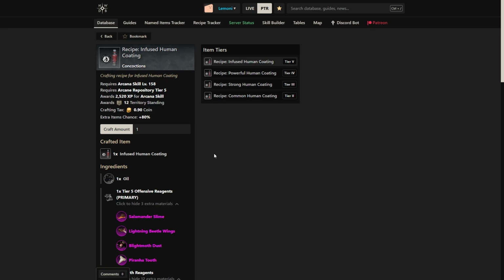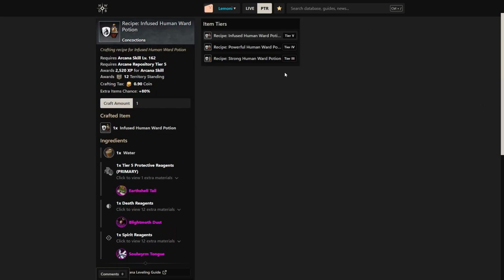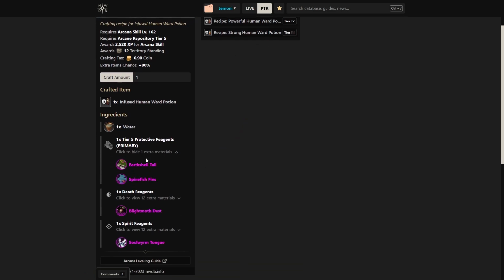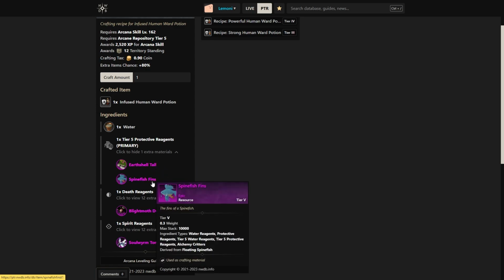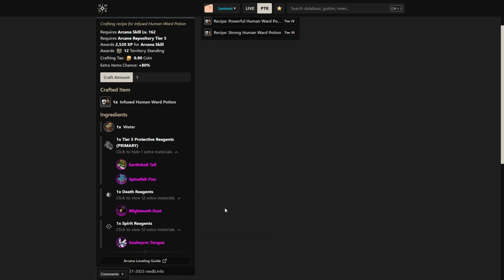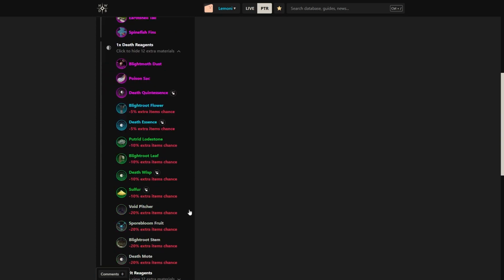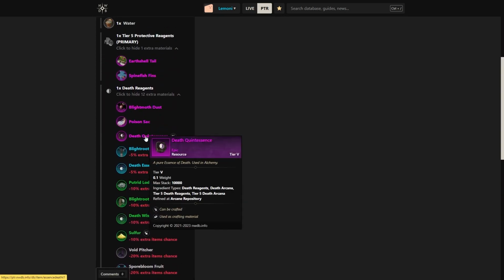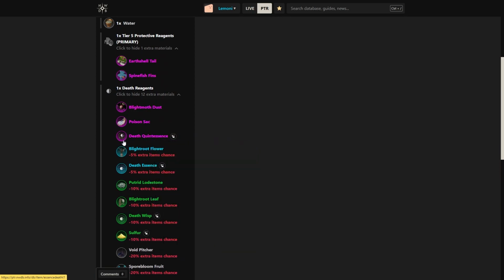Now, the alternative. These are a little bit more of a niche market. If we look at infused human ward potions, you can do pretty much the same thing. Now, the caveat to this is that we can only use earth shell tails or spinefish fins, so these can get a little pricey. But with death reagents and spirit, we have the same idea where we can take death motes and flip them into quints with all those bonus proc chances